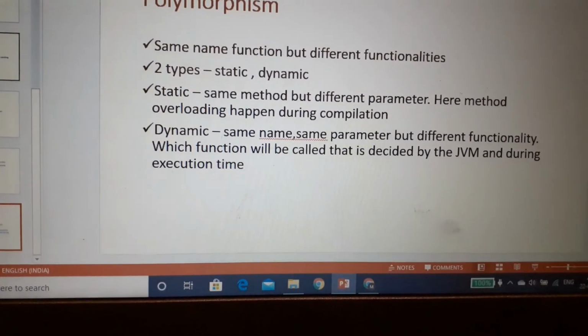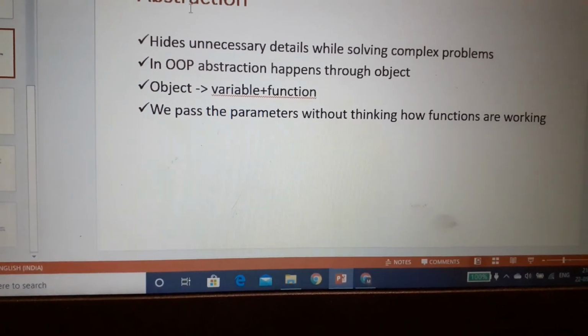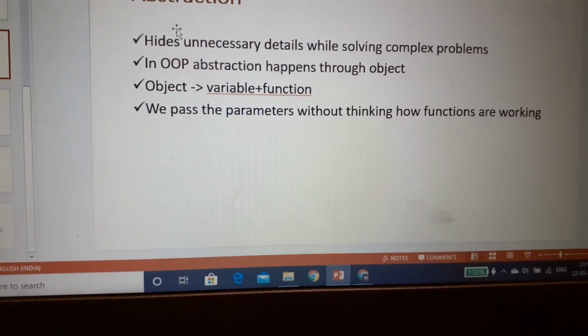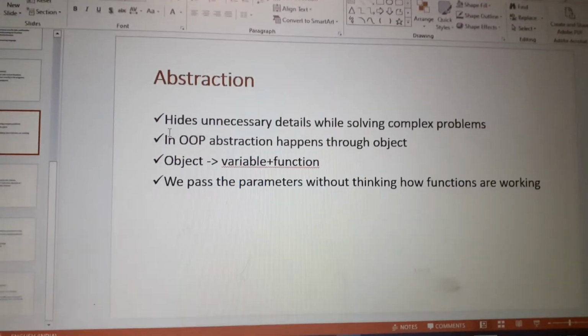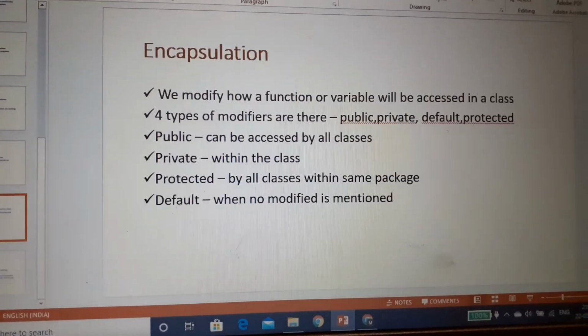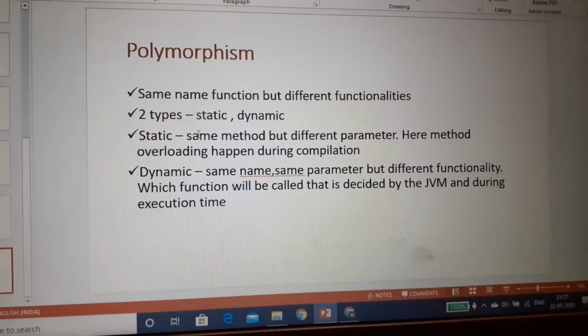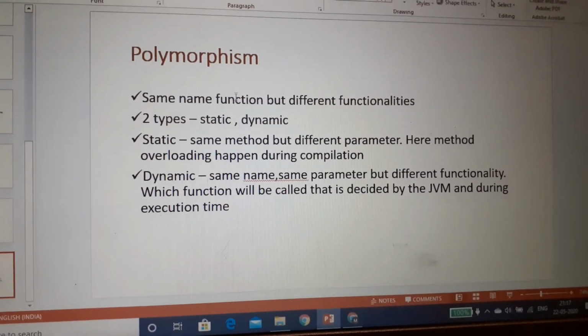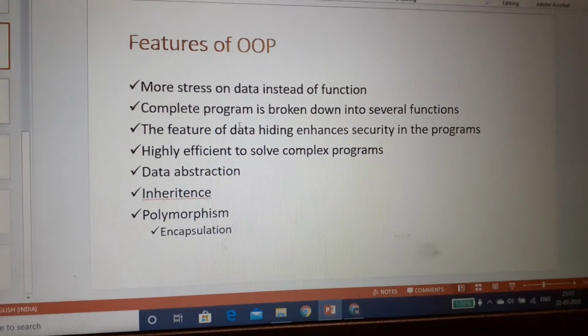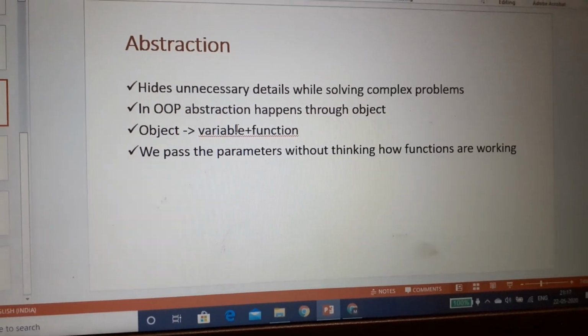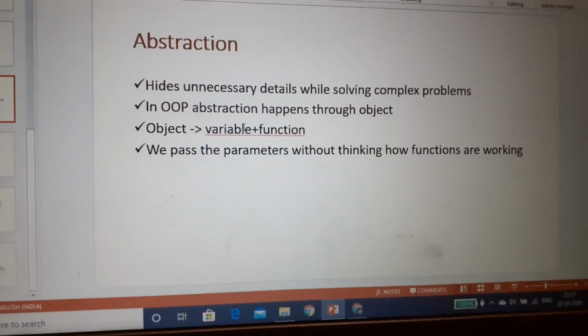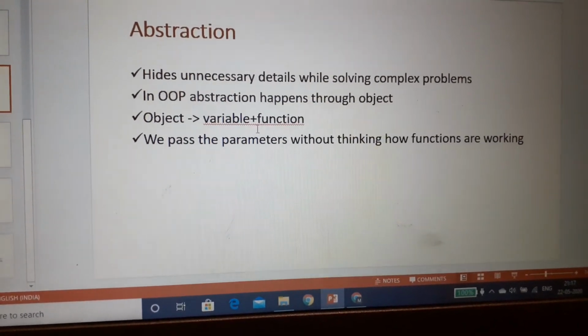So I think I was able to clear the concept of these four key characteristics of object oriented programming: abstraction, inheritance, encapsulation and polymorphism. We will go into more detailed concepts while we go through the Java programs.